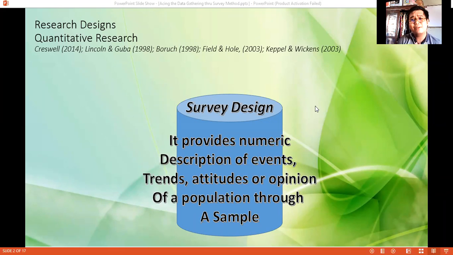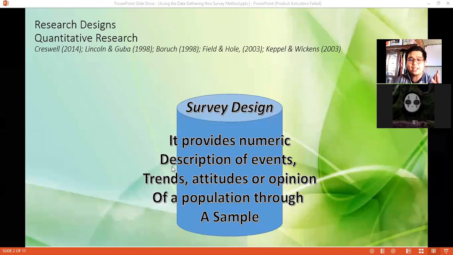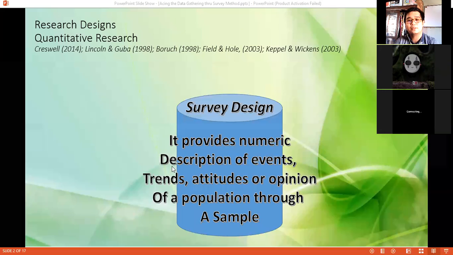Now, in qualitative research, what do we do to get most of our data? Anyone? Yes, Mr. Taniedo. We interview our respondents. Yes, we do formal or informal interview, we do formal or informal observation, and we use transcription or writings. So that is how we do qualitative data gathering.